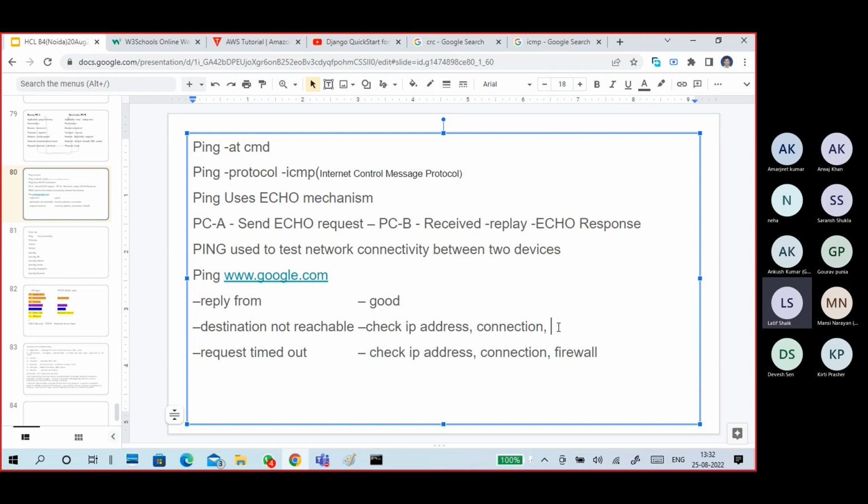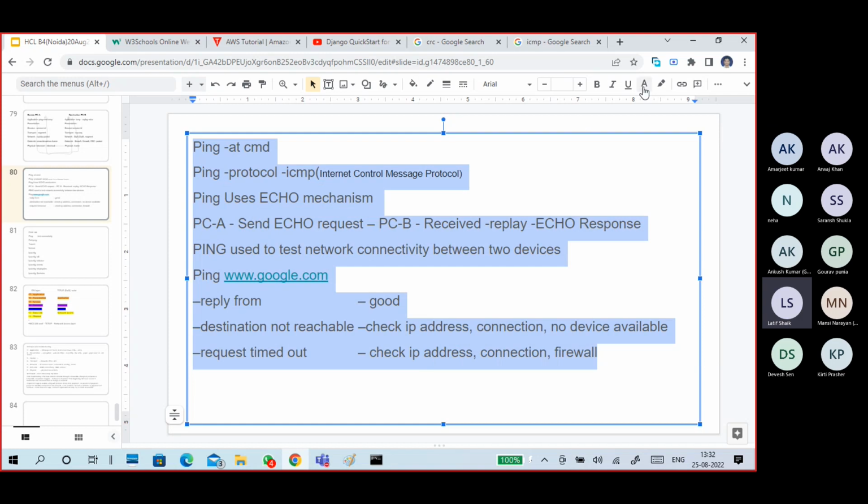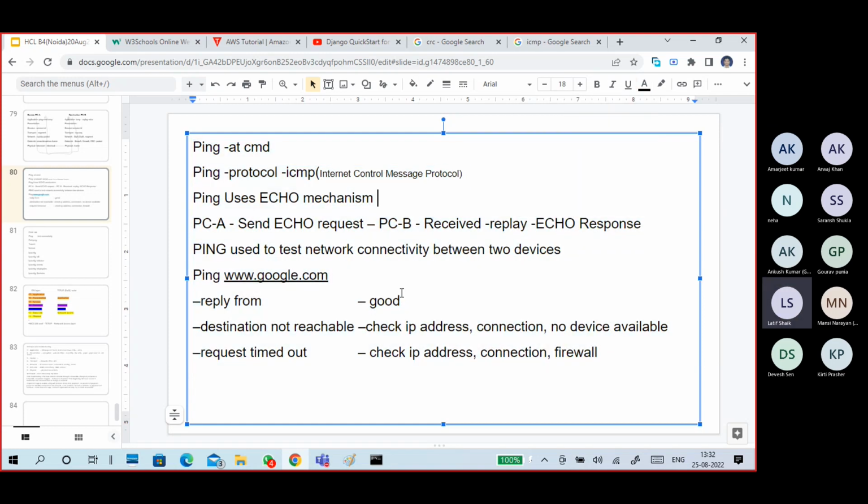Connection issue, no device available. Okay, so that device is not available or disconnected. So it is a connection related issue, or it can be that the IP is wrong. You are giving a wrong IP address. Request timed out. Request timed out usually